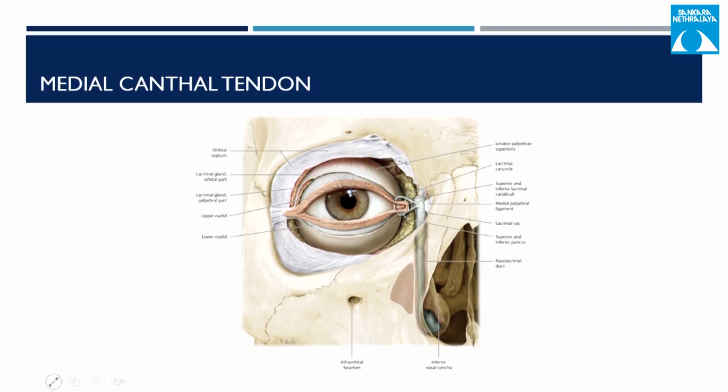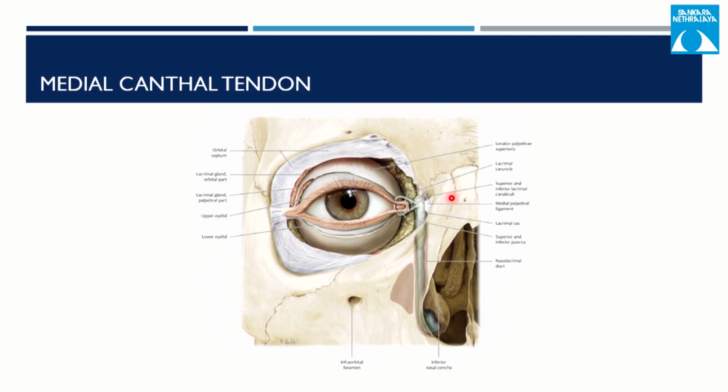Now we'll be talking about the medial canthal tendon. It's a very important surgical landmark. Basically this tendon is formed from the orbicularis oculi. That muscle has two parts, the preseptal and the pretarsal part. They form a medial extension to form the MCT. The superior and the inferior crura of the muscle form the common MCT, which then divides into an anterior and